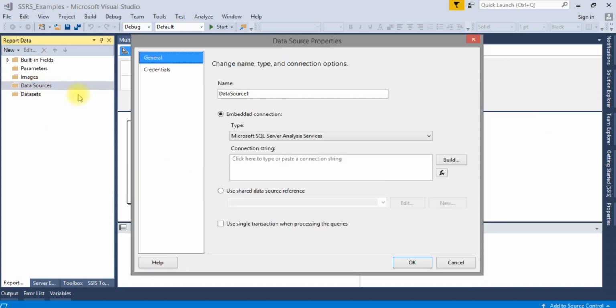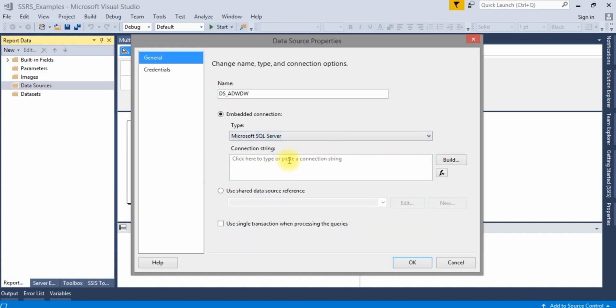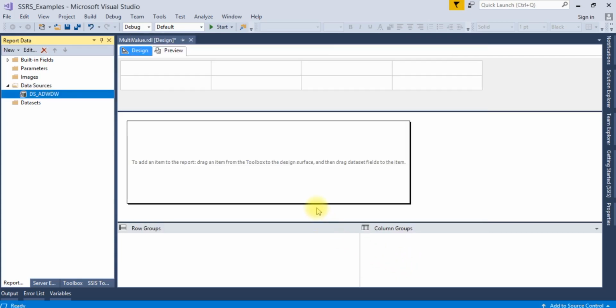So let me create one embedded data source for that, DS AdventureWorksDW, and let me connect to Microsoft SQL Server. I'm going to use the shared data source AdventureWorksDW. Press OK. So I don't have to set all the credentials here.